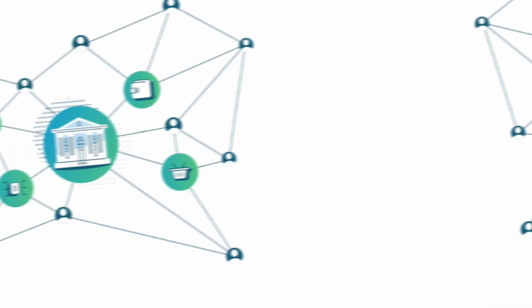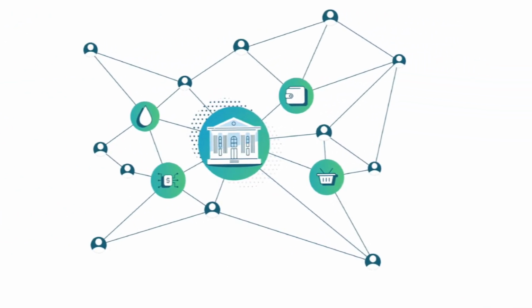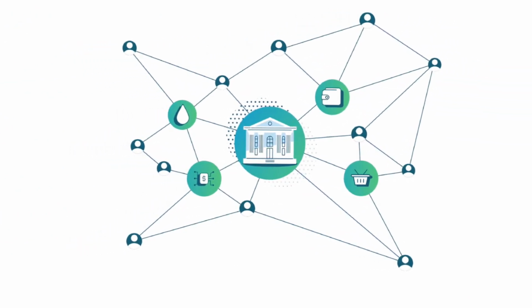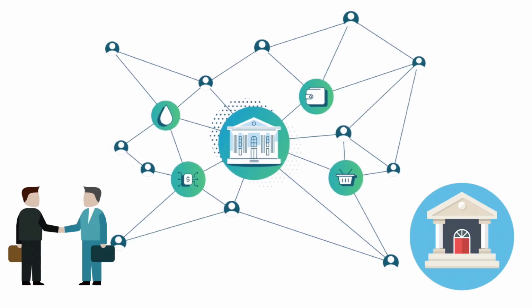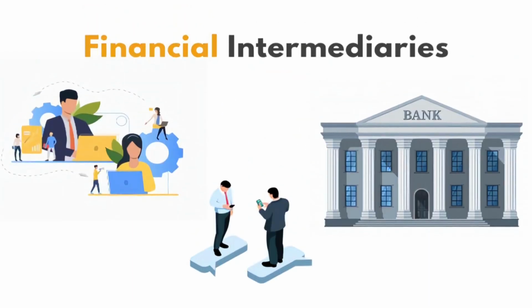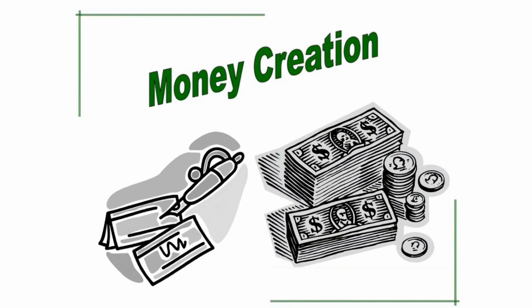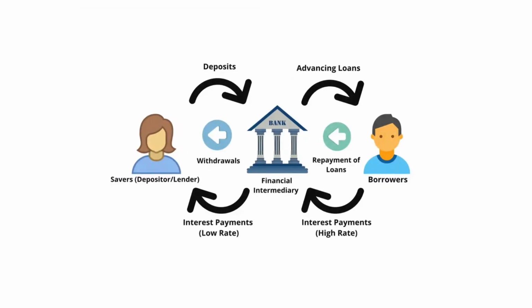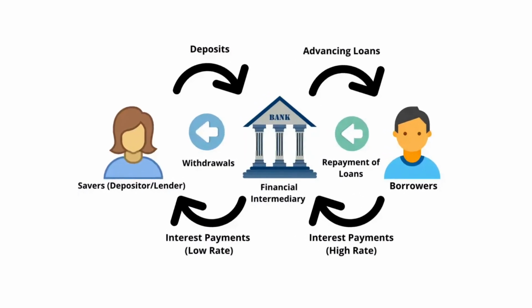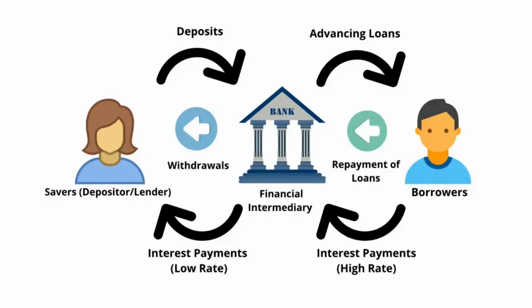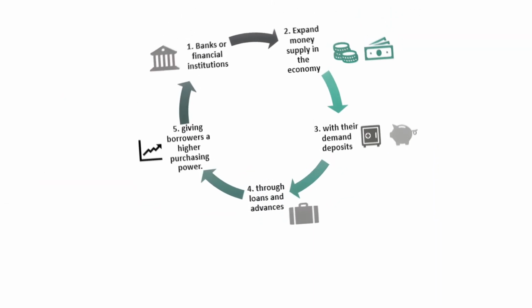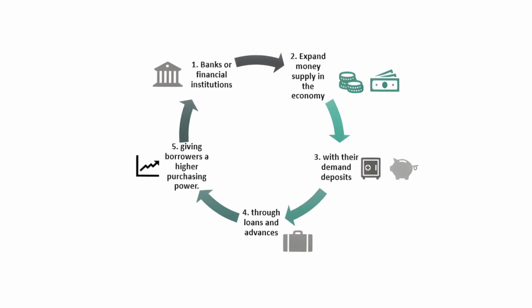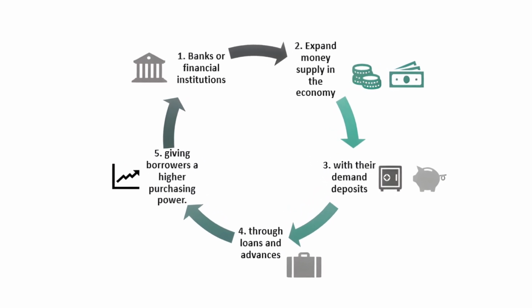the financial markets. The banking system consists of a network of banks and other financial intermediaries that provide various services to individuals, businesses, and governments. The banking system performs two main functions: financial intermediation and money creation. Financial intermediation means that banks act as intermediaries between savers and borrowers by accepting deposits from savers and lending them to borrowers. Money creation means that banks create new money when they make loans by creating deposits in the borrower's account.